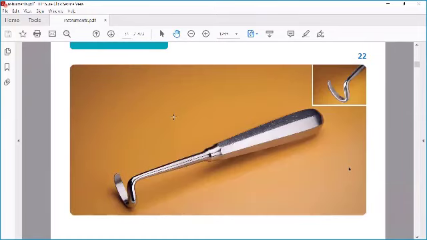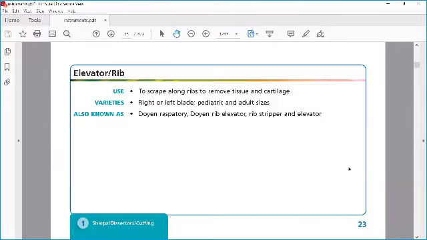Okay, this is a rib hook. So I will show you. You just see this one, and when we see a bone hook, no, the bone hook is more pointed, angulated. This is not, and it is not that wide. This one is a little bit wide. This is a rib retractor, a rib elevator.